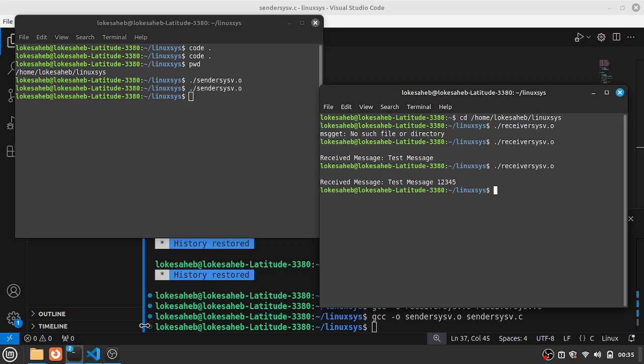So this is how sys5 message queue works. The basic steps are: first you generate a key for this thing using ftok. Secondly, you create the message queue itself, IPC_CREAT, using msgget. After creation of the message queue, you write your function msgsnd or msgrcv. That is the general criteria, or general steps that you need to follow over here. And finally, once you are done with this, you can clear the IPC queue, or delete it, using message control or msgctl along with the